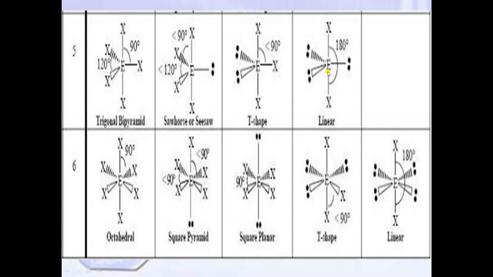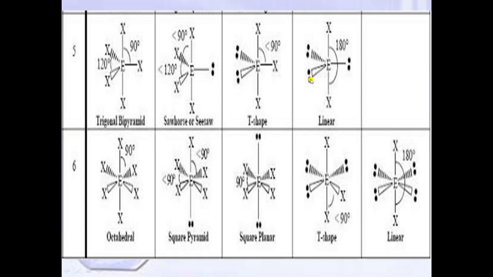Now when two lone pairs are present, then we will keep the two lone pairs on these two equatorial bonds. Now the shape of this molecule is T shape because this looks like a T. This is a straight line and this is the bond, so it makes the T shape, right? So the name of the shape is T shape. When two lone pairs are present, you will keep the lone pairs here only, because when we keep lone pairs here, the repulsion is minimum.